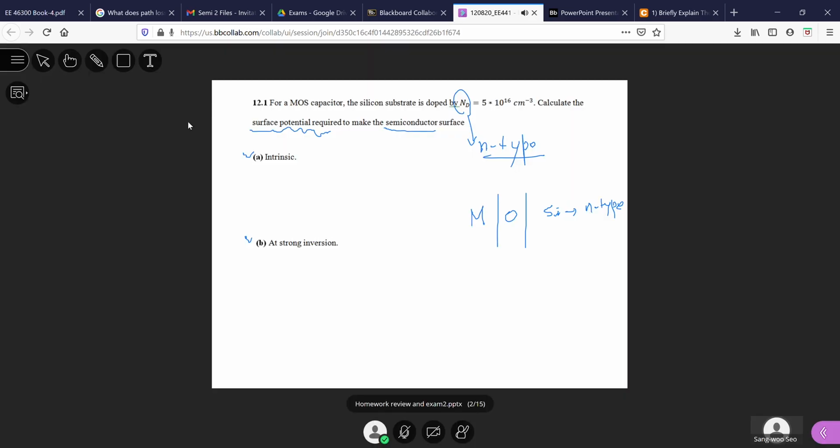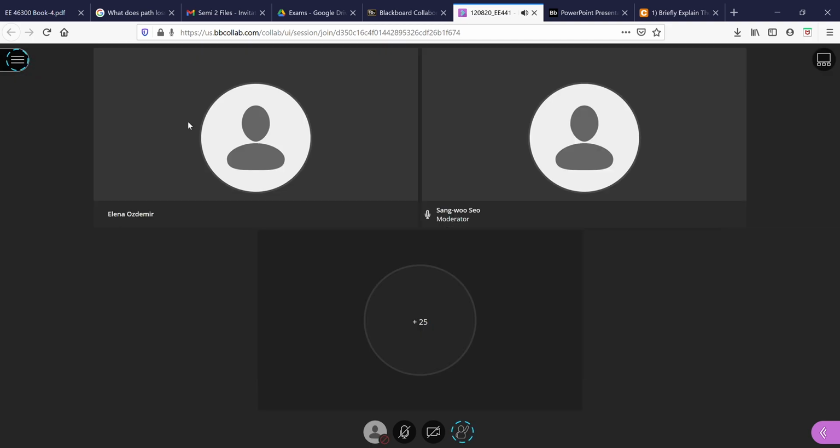The first question is, in the surface potential in the silicon, we want to make the semiconductor surface intrinsic. So initially, the semiconductor is n-type, which means that we have a large number of electrons. Okay. To make the surface intrinsic, in the metal, we have to apply the negative voltage. Okay, so we apply the negative voltage so that the electron is pushed away from the surface. Okay, and then if